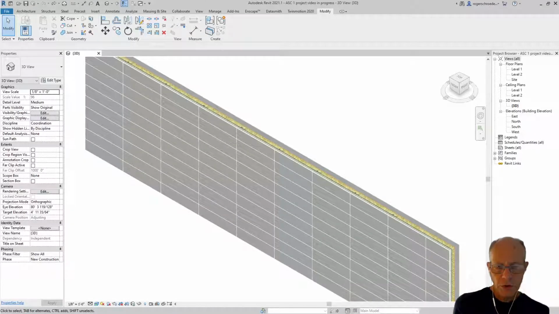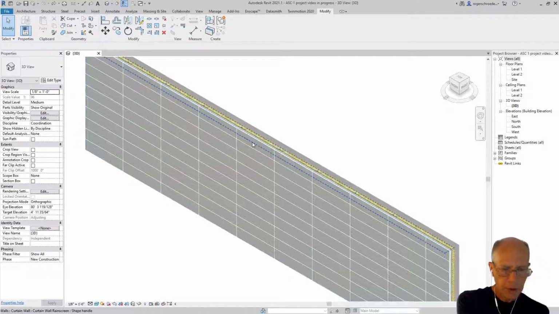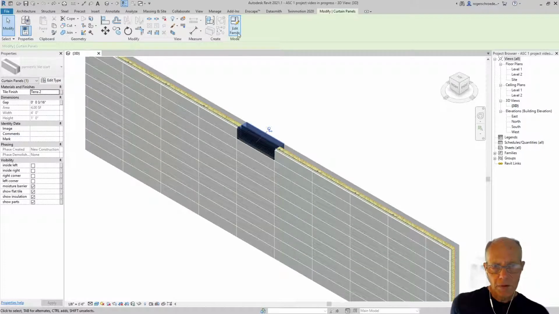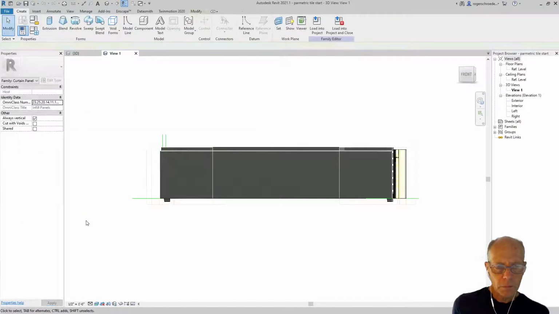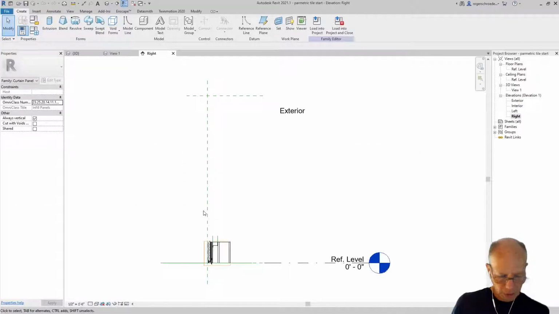Okay, so let's grab a tile, or a curtain wall unitized panel system here, and go ahead and create a couple of additional shapes to this unit. So I'm going to tab in here until I can grab one, and we'll go to Edit Family, and we'll go to, I think, the right elevation of this, and let me see if I can zoom in here,